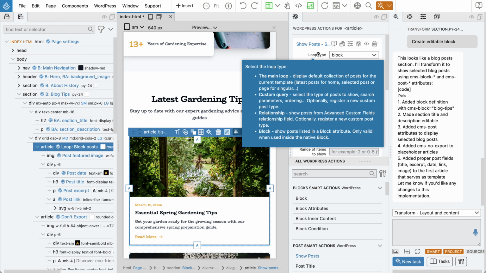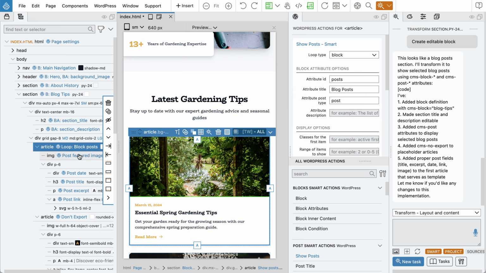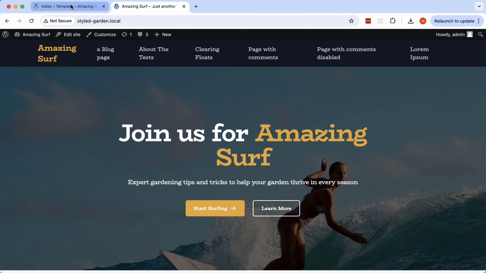It would give us a picker for selecting posts that we want to display there. So also for each post we show the featured image, post date, post title, post excerpt, post link, and this image here. Yeah, okay, post link. So yeah, let's save and export